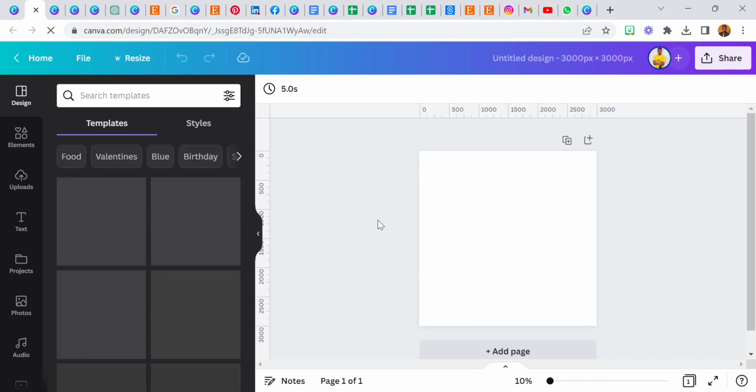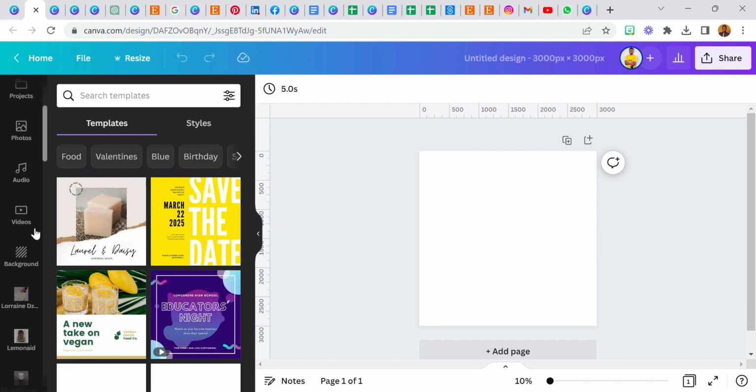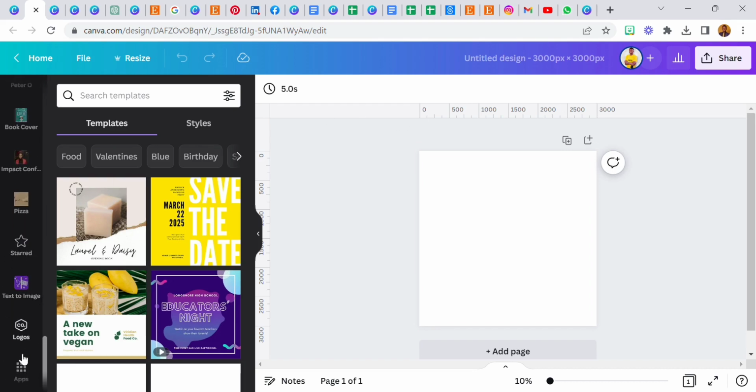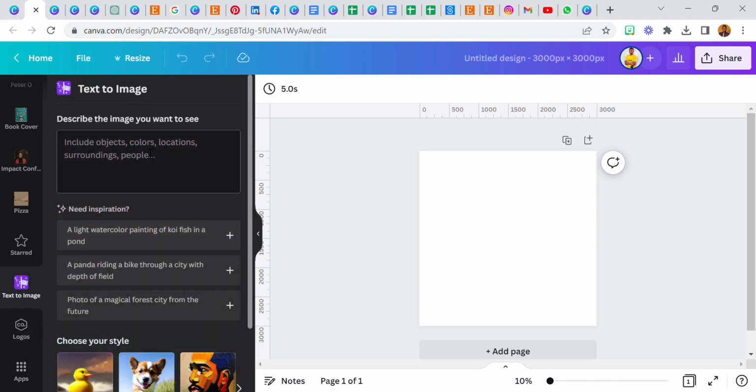Now, text to image is another exciting AI feature that you can utilize in Canva. You can locate it under apps, click on apps, and you're going to see text to image. There's a whole lot of stuff you can explore here, but we're going to be focusing on this text to image. Now, let's see, I'm going to just input the text here, ancient golden dog, and then